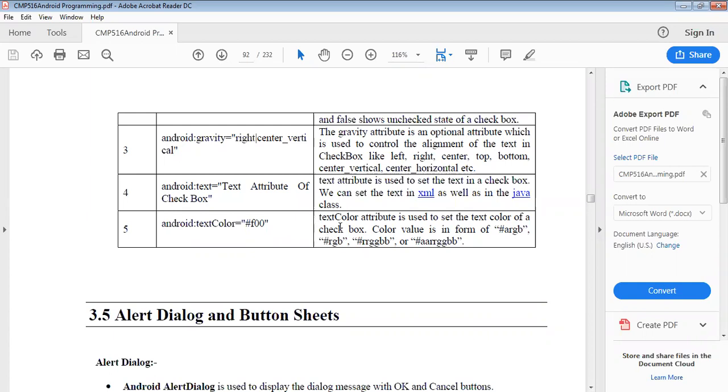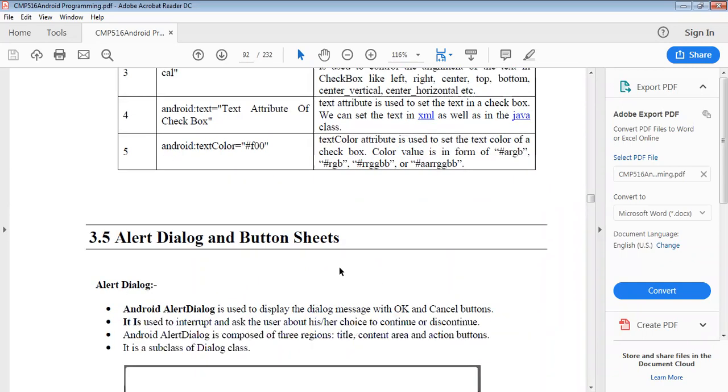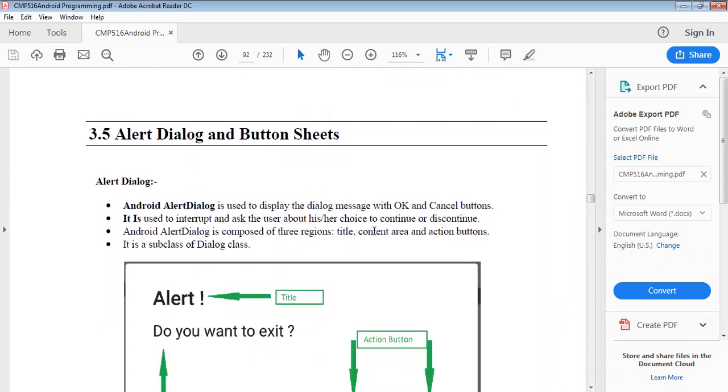The text color attribute is used to set the color of the checkbox. The color value is in hash ARGB form, such as green, red, white, yellow. All those colors are presented here.